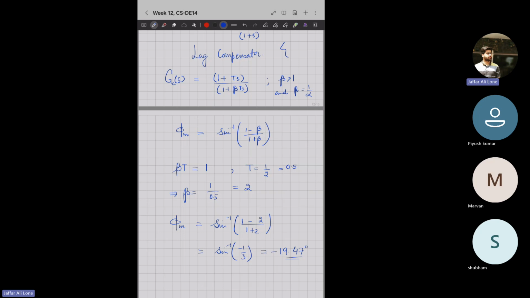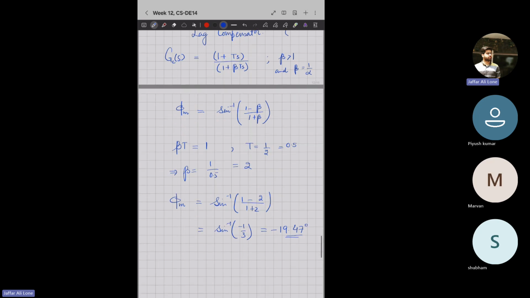So in your final exam, you cannot expect that your questions will be solely based on one single topic. For example, you cannot expect this lag compensator will be asked like this. It will never be. There are limited questions in your final paper and limited time, and the examiner has to test all the concepts which you have learned in these 12 weeks. So it is not possible that the examiner can do that